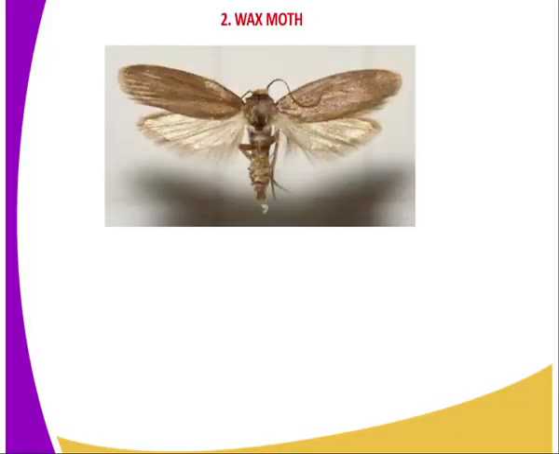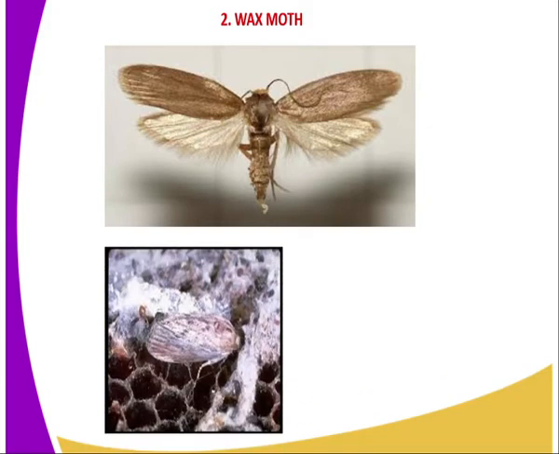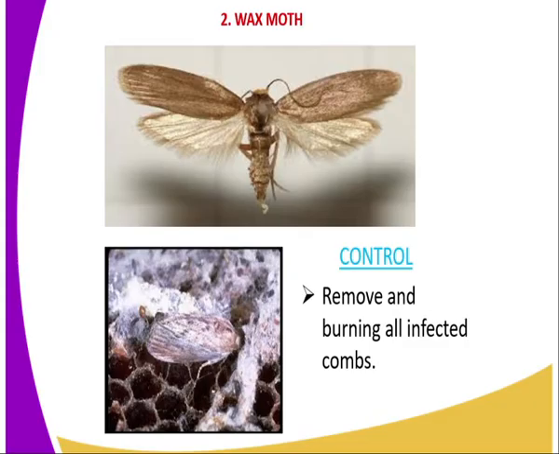repel the ants away. The second type of pest that normally affects bees is the wax moth, and this wax moth lays eggs and also produces excreta which contaminate the combs, and in the process will end up contaminating the honey which is produced. How do we control the wax moth? The wax moth should be controlled by removing and burning all the infected combs. Those combs which are infected are supposed to be removed and burnt away in order to effectively control